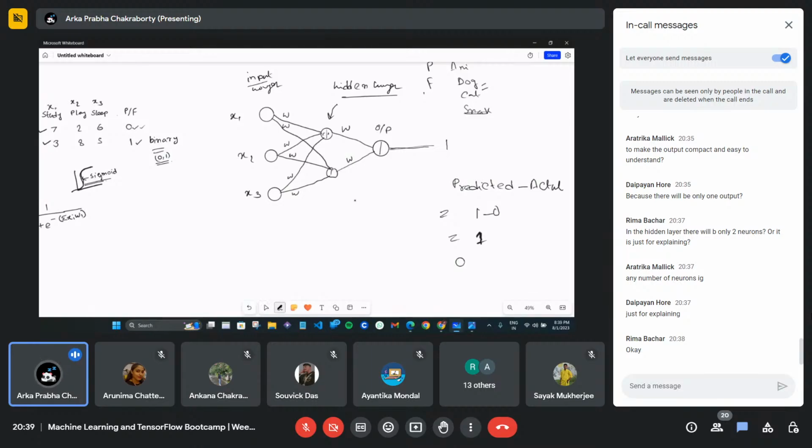This is my loss function. The loss function calculates how accurate my model is. The loss is still 1, so I have to minimize this value to 0 or 0 point something.